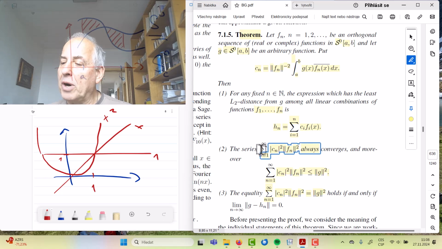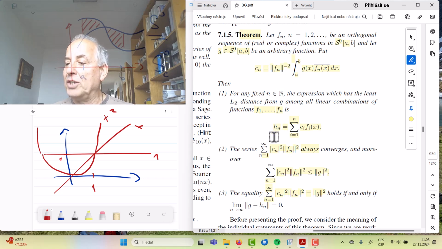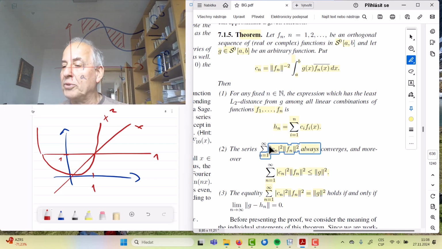So if I take the partial sum of these, it will always be the square of the norm of Hn. And I simply say that the square of the norm of Hn always converges to something. Well, this is easy to compute, and because